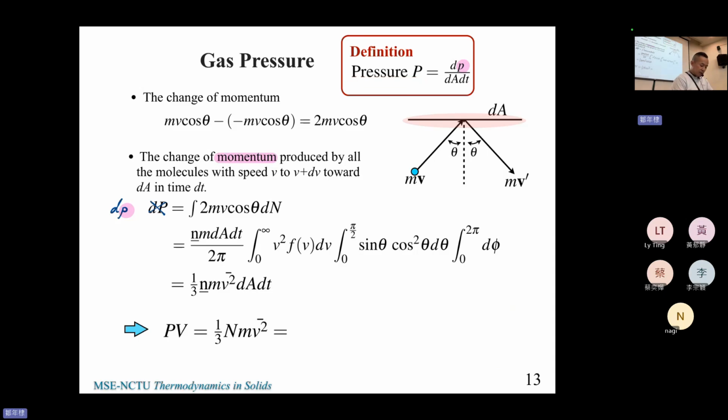So let's take a look. The change of the momentum for the particle bumping into the wall, with a perfect collision. So it's mv and mv prime. What will it change? Okay, so the change of the momentum of one particle: the particle bumps and then goes down. What is the change of the momentum?